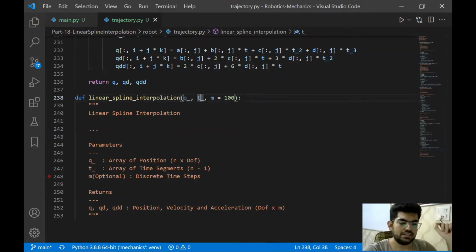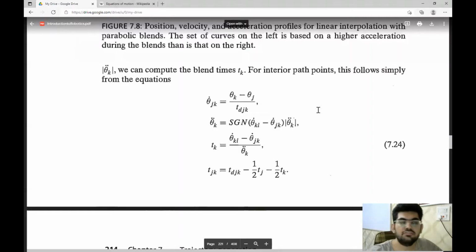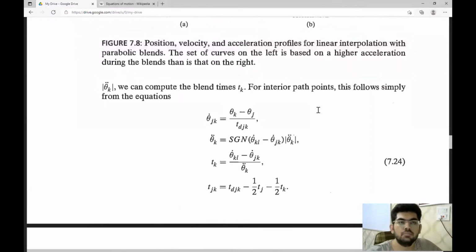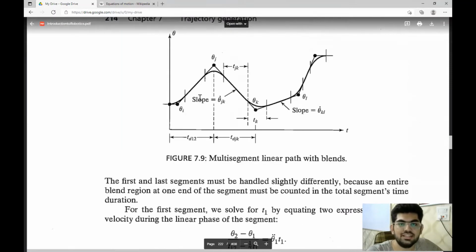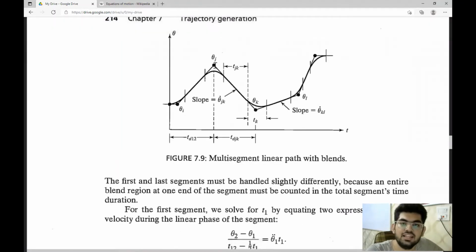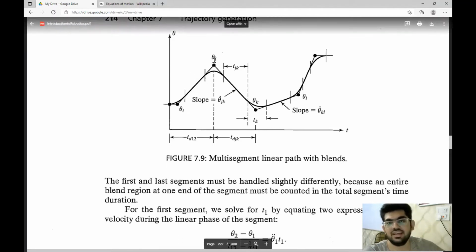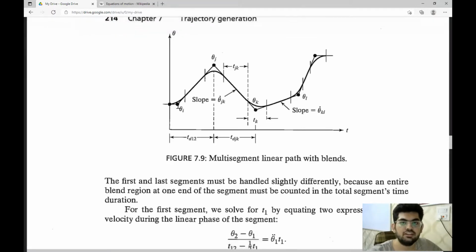In linear spline interpolation, one functionality that is provided on top of the cubic spline interpolation is that we can specify the time for which each segment will last. For instance, we can specify the time from the initial theta to the second theta. The user can specify the time, and the trajectory will be built according to that.